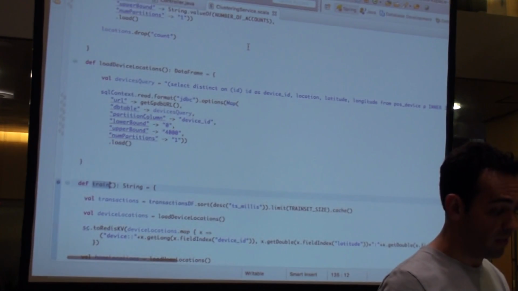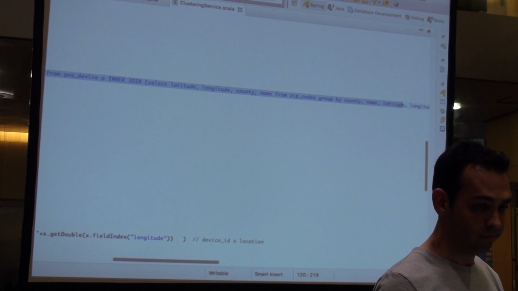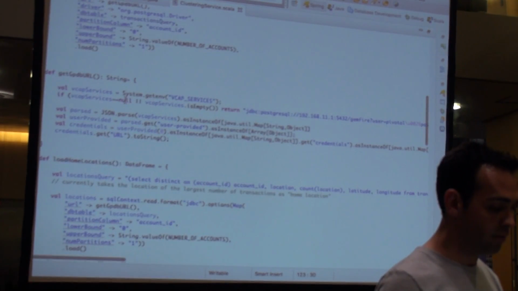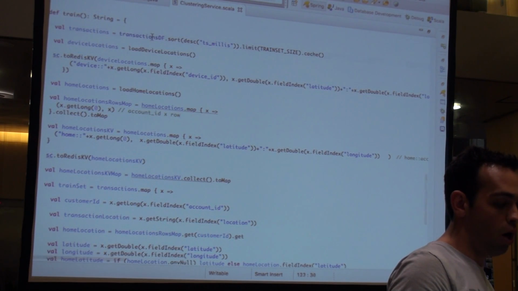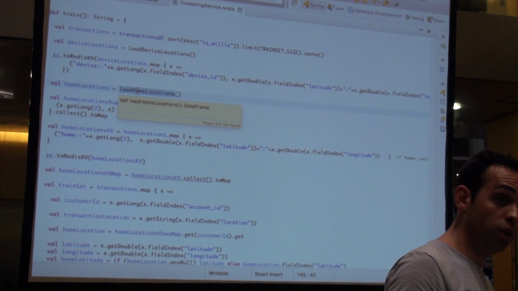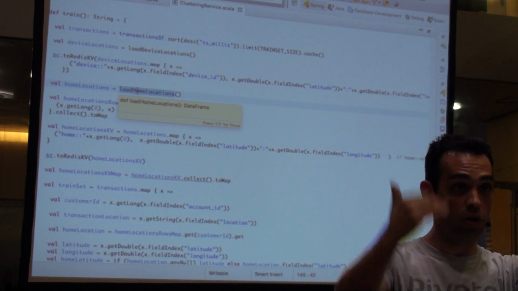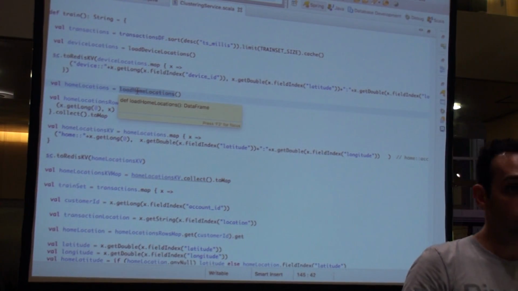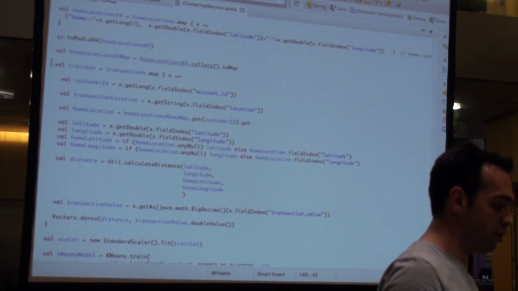And you're going to see that I'm actually making very complex SQL queries with a lot of joins to Greenplum. And I'm basically figuring out the Greenplum URL automatically in Cloud Foundry. So what I do is I make queries in Greenplum. I figure out all transactions that happened. I sort them, of course, along with all the device locations, and then I figure out what the home locations are. So I make a query that looks at everything that transacted and where people mostly transact and orders them. So customer 20 usually transacts out of this county in New Jersey. Customer 21 usually transacts out of this county in Denver, for example. And then for each transaction, I build a train set, and then for each